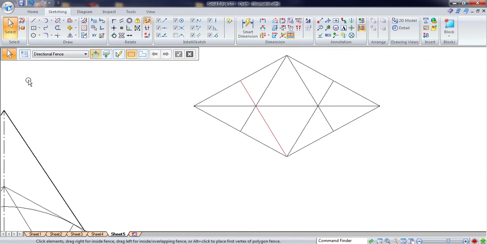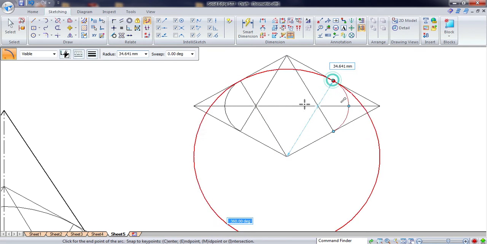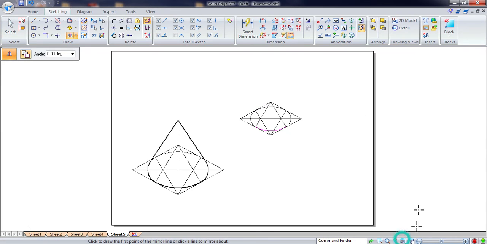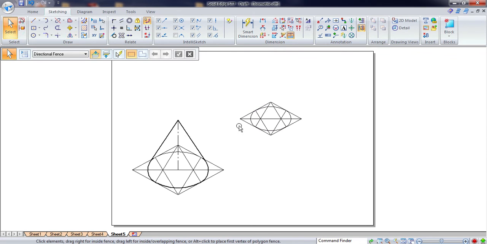Again zoom the area, select the arc by center point, and in this way you need to draw the arcs. For the next one you can just use the mirror command. Yes, this is the top face of the hemisphere whatever you have drawn.